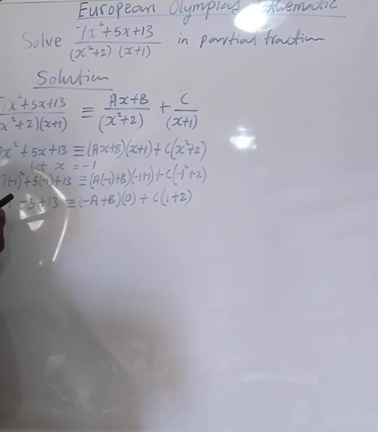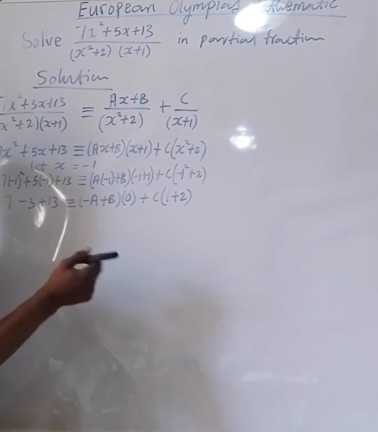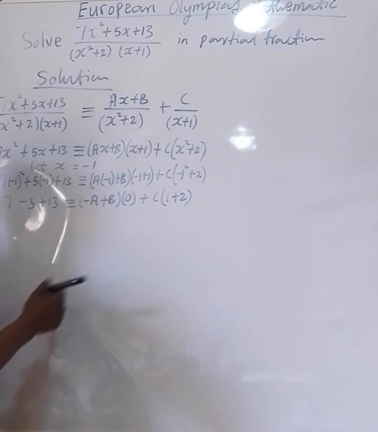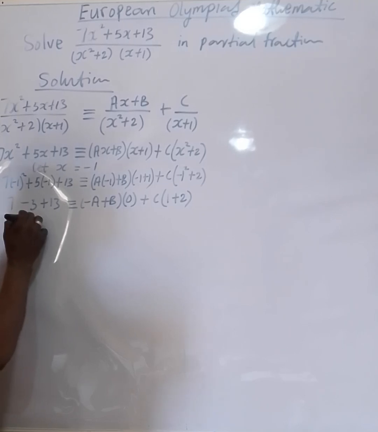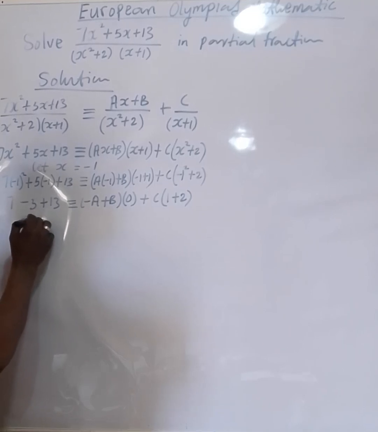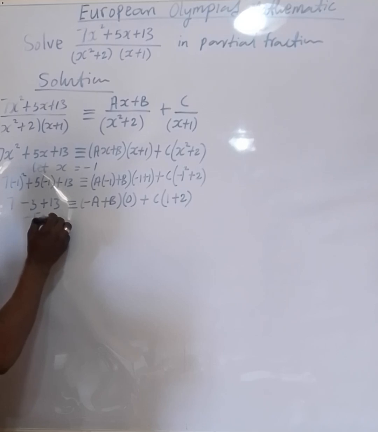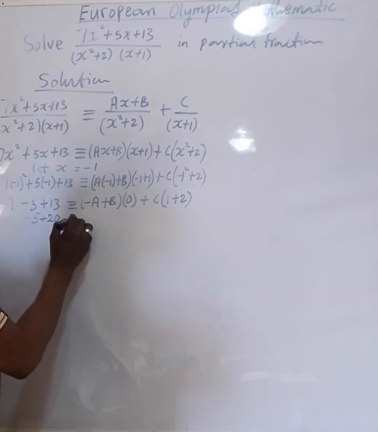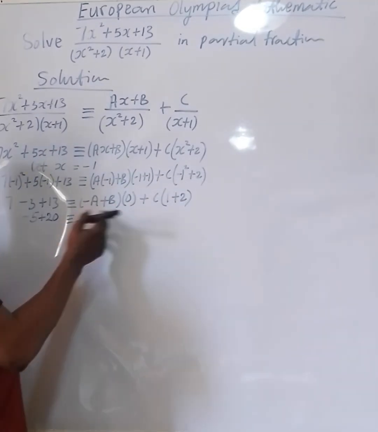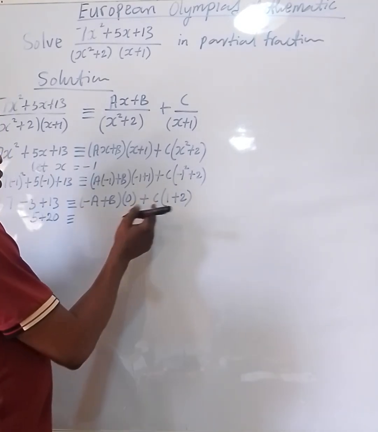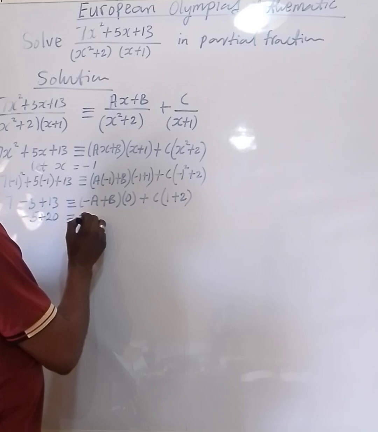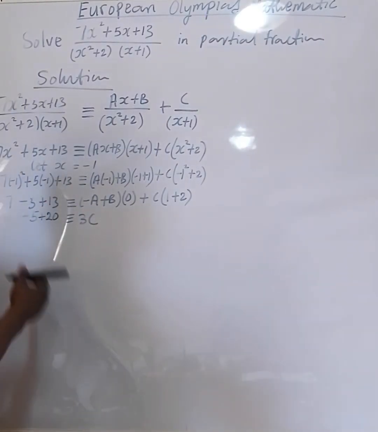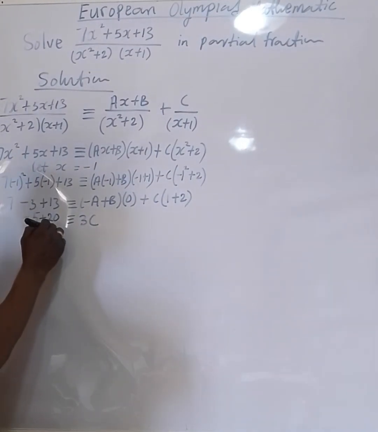Now we have it to be here now, but BODMAS: addition comes before subtraction. So which means 7 plus 13 will give us 20. So now we have minus 5 plus 20 equivalent to, now we have 0 here, which means everything there is equal to 0. Then 1 plus 2, 3. 3 times c will give us 3c. Minus 5 plus 20 will give us 15